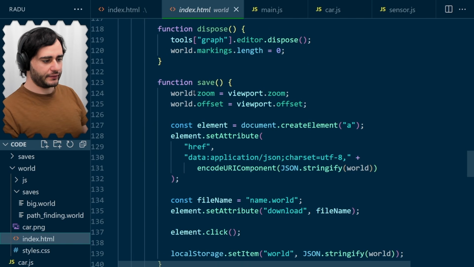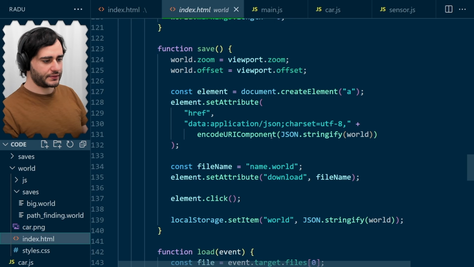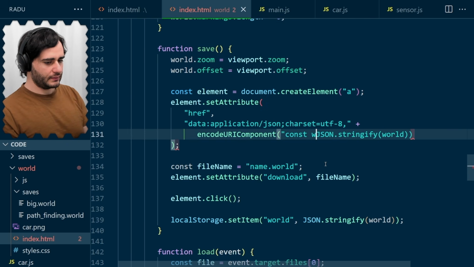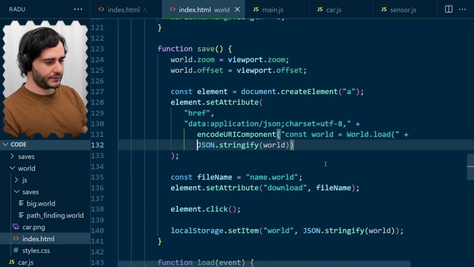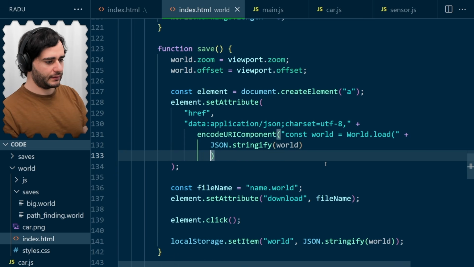So the save function is here and it just writes here the stringified version of the world. We are going to change this a little bit. So we are going to say here like this. And now we stringify here like that. And then